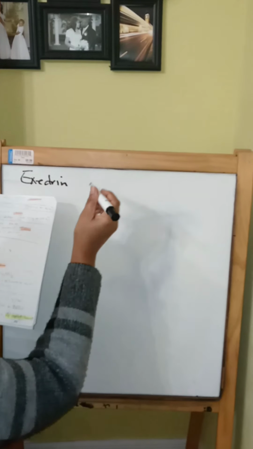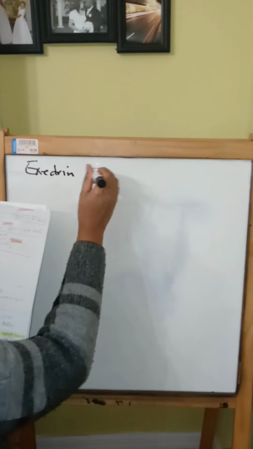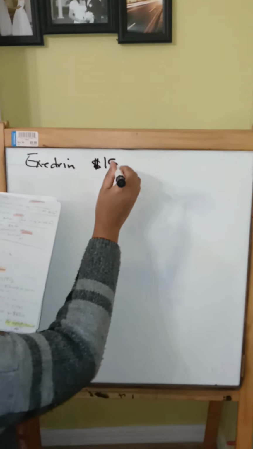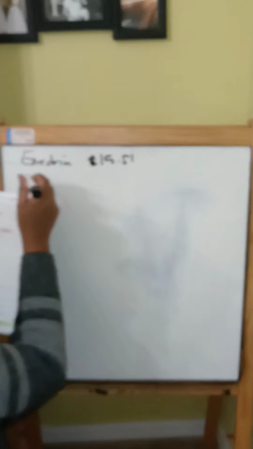Now I've moved to the board and this is what is given. In order to solve, you first have to acknowledge what is given so that we can move to what we need. I'm going to put the options on the board, what was given. So for Exogen, we were given that the bottle costs $15.51 and each